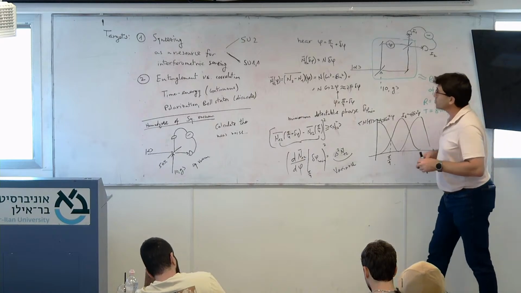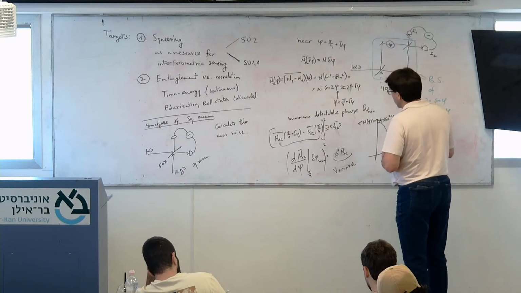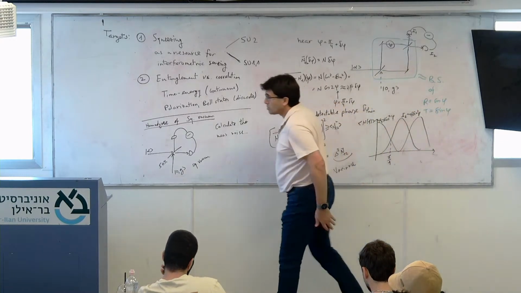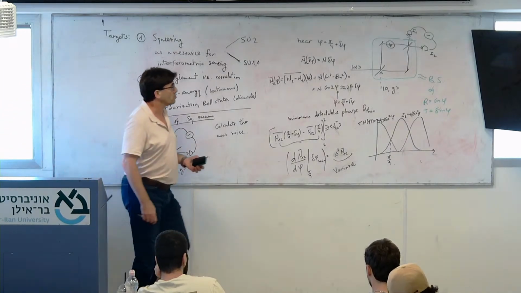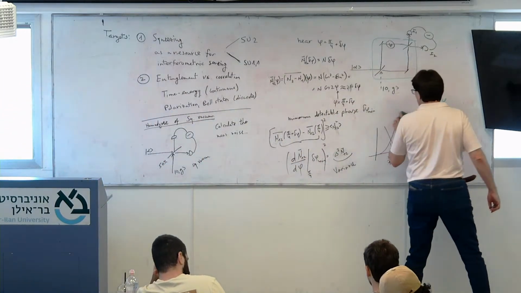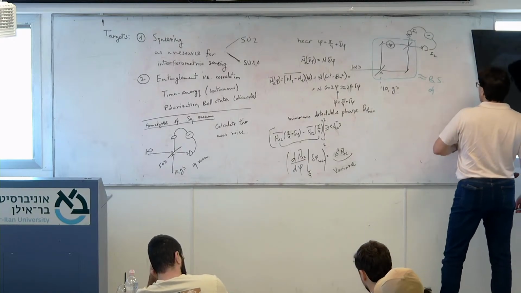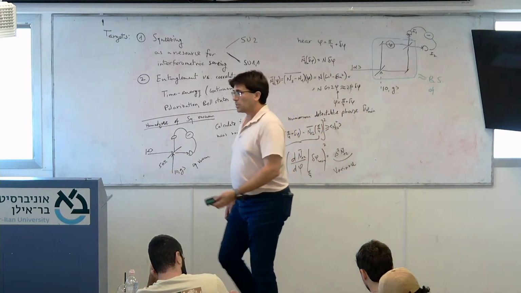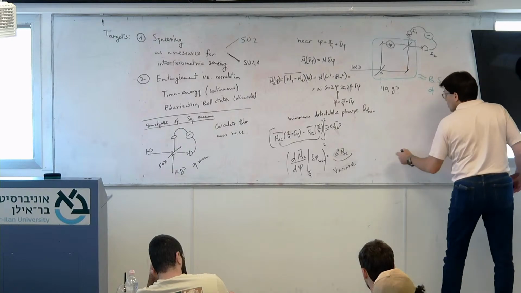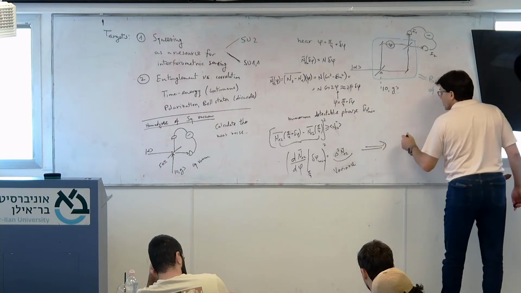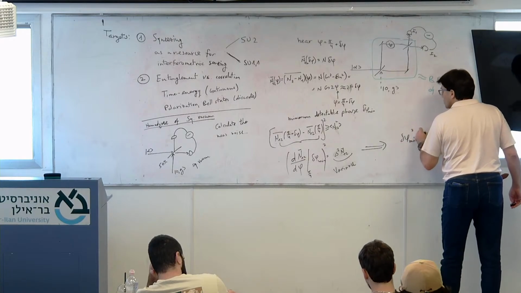This is really just a general analysis of linear response. So out of this we get that delta phi minimum squared equals